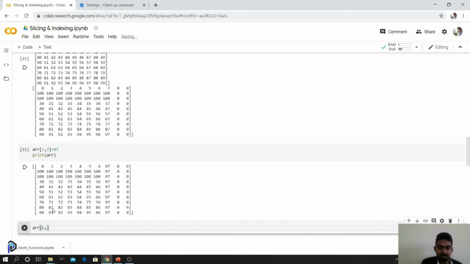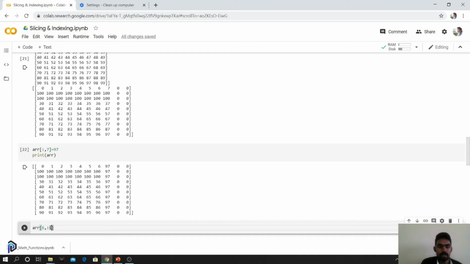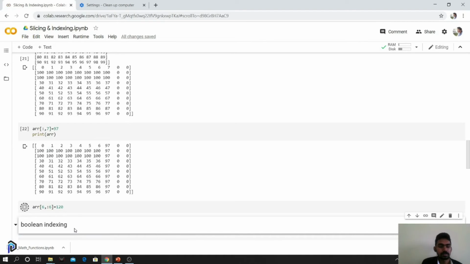I want the first 5 columns to be changed. The last one would not be indexed, so I'd be using 6 over here. All of this should be, let's say, 120, some random value. So what happens is 60, 61, 62, 63, 64 and 65 would be changed into 120. Just print it.